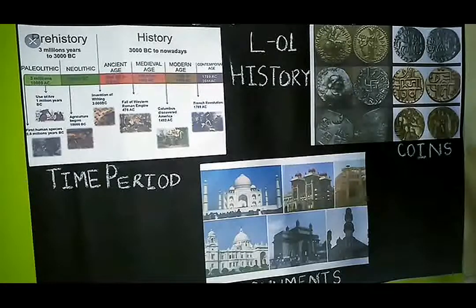Now, what are historical events? A knowledge about the historical events makes us learn a lot. One event causes another. For example, the British East India Company was formed in 1600. It came to India to do business but later ruled over India with an iron hand. The famous Jallianwala Bagh massacre happened in 1919.